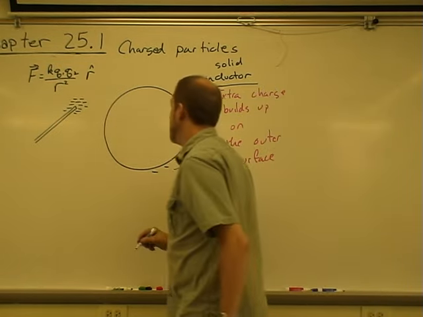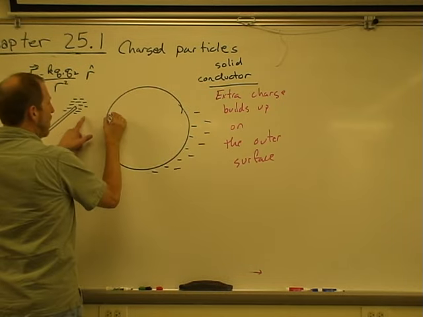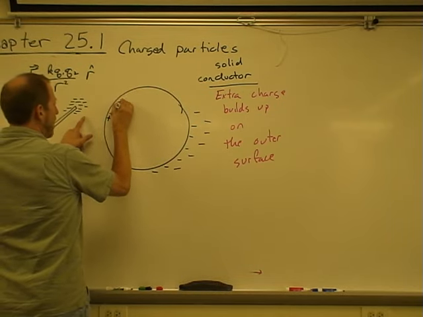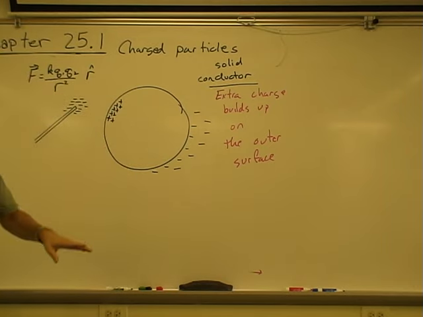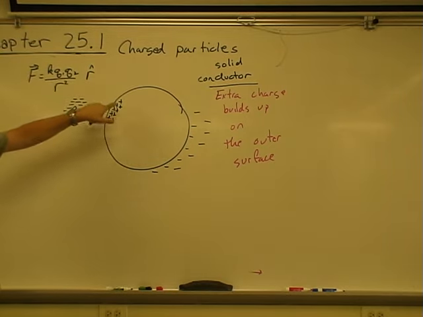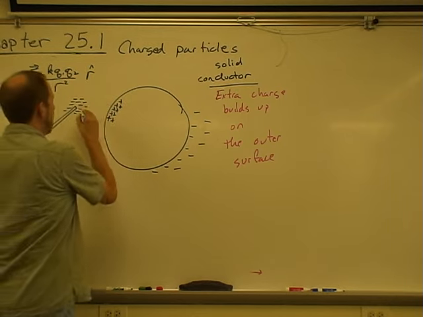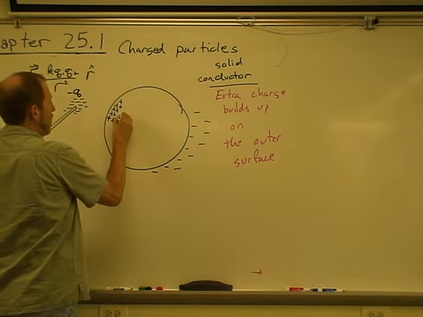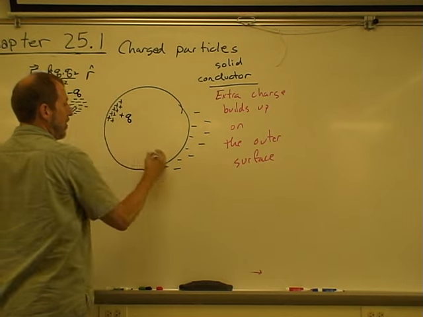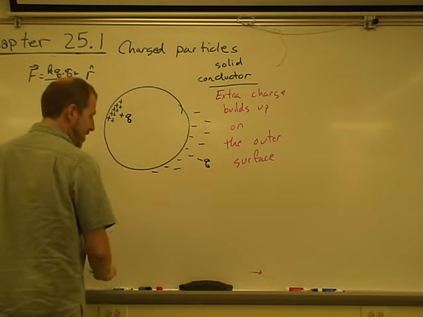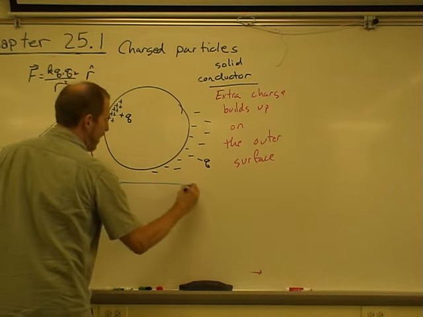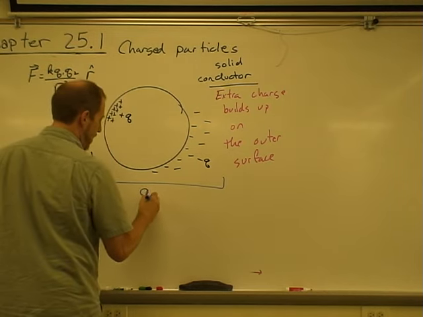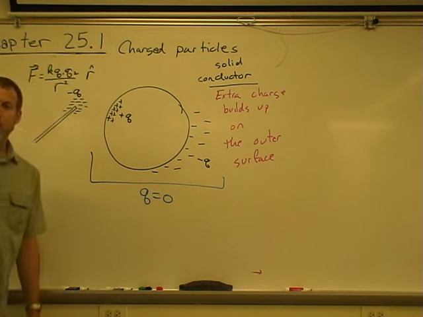What this means is that there are holes left over here where the electrons were pushed out of. So I'm going to get some positive charge over here. Here is charge negative Q. I'll get charge positive Q here, and get charge negative Q over that area. Bearing in mind still that the total charge is equal to 0.